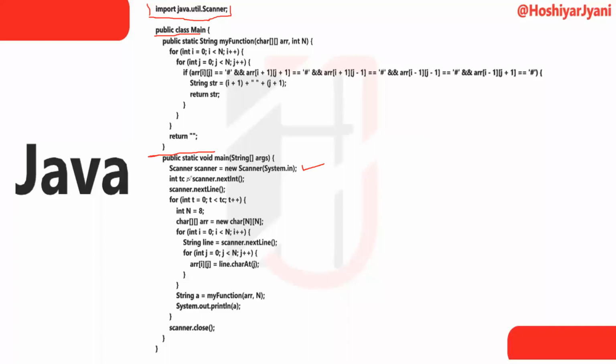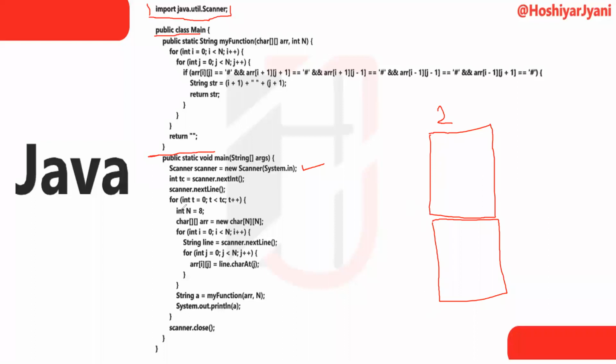The test cases are given in this question: there are 8 by 8 character chessboards present, like this 8 by 8 matrix. After that, we get the number of test cases, like 2. We know very well that in chess there is an 8 by 8 board, so the row is 8 and the column is also 8. We can simply iterate a for loop from 0 to test cases. If the test case is 2, then our for loop iterates 2 times: first time for this one and second time for this one.